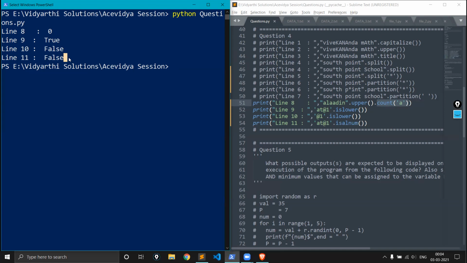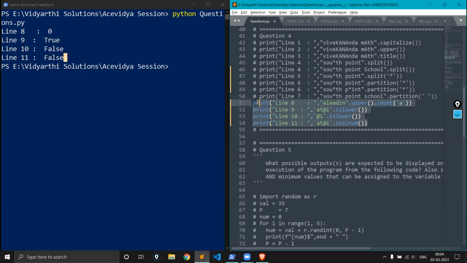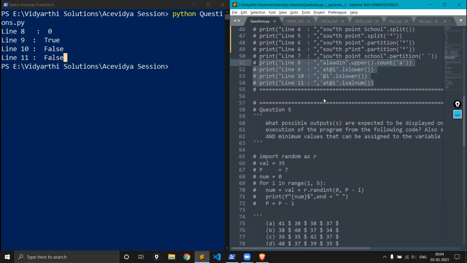Understood? Clear? Okay. So this was our whole thing. I hope I was clear. Rudra, you're following with me? Yes. Okay. Chalo. Another important question where students